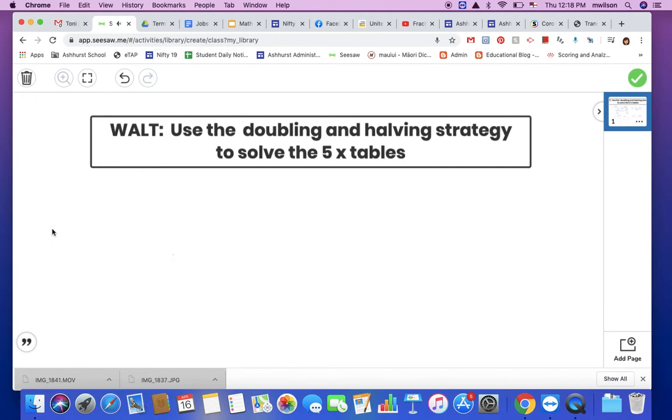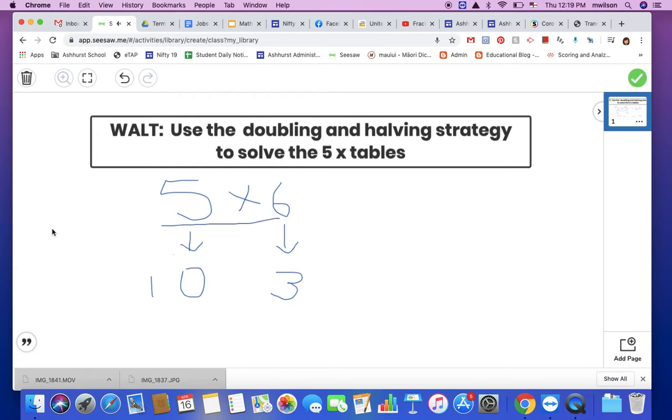Okay, so let's use that strategy to help us work out some 5 times tables. So I have got the question 5 times 6. And I'm going to use my double and half strategy to help me work that out. So if I double the 5 and make it 10, and if I halve the 6 and make it 3,